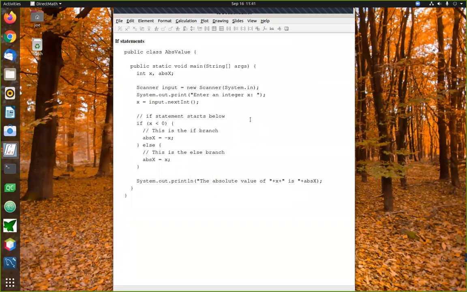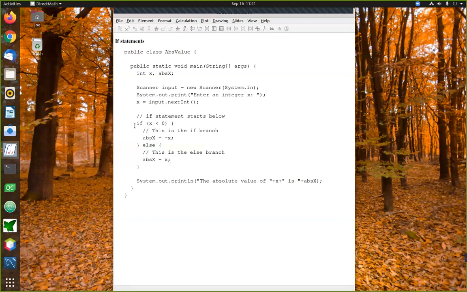Again, in this example, we are getting some input from the user. We're going to need to ask a question. To ask that question, we'll be using an if statement, and the question will have two possible outcomes. All right, now this example is a little bit simpler. In this example, we're asking the user to enter an integer. And because there are two possibilities for integers, integers can be negative or they can be positive. Immediately after we ask the user to enter their integer, we're going to ask a question.